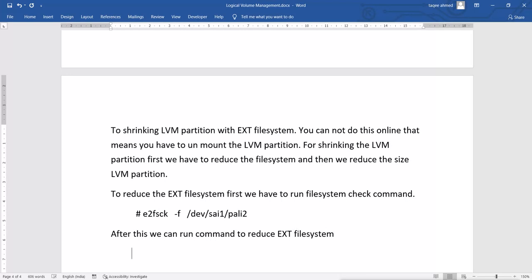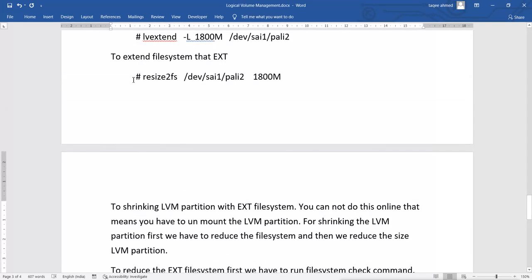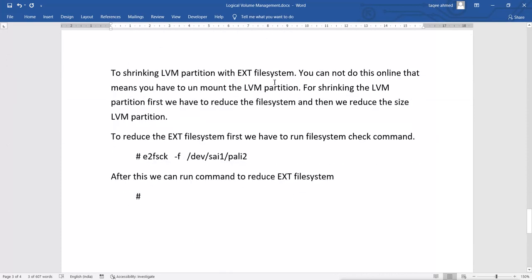And the command is the same command which we use to extend it. This is the same command we use, resize2fs, and whatever size we want.